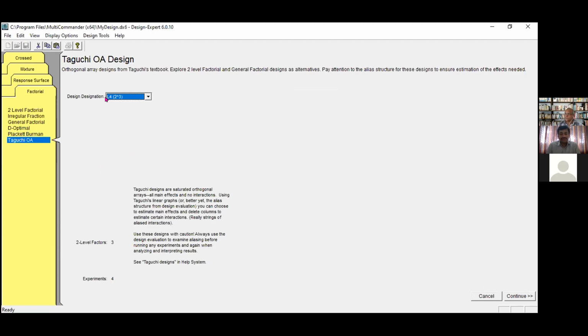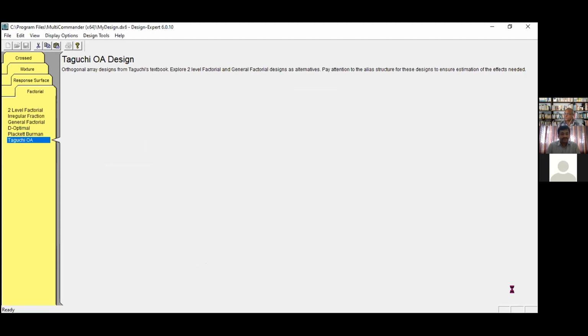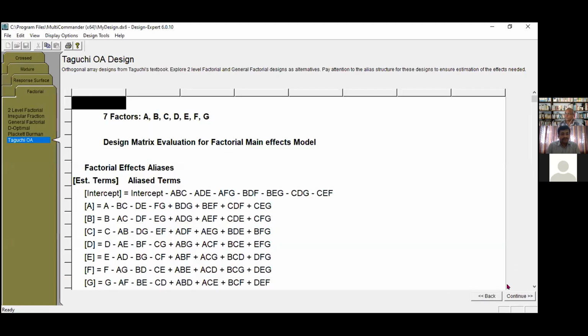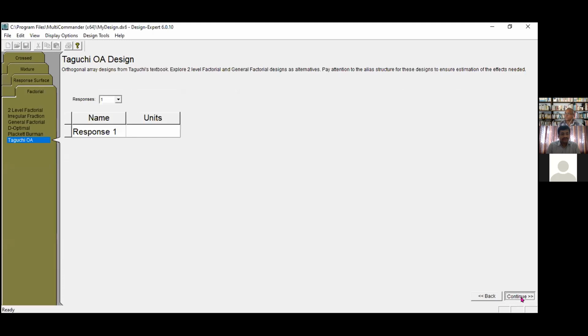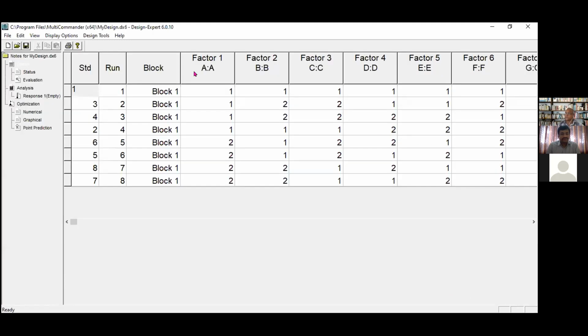So, okay, how many factors are there? 3 factors, okay, I get L4. L8 if you take 7. So this is all right. Only thing is if you allocate A, B, C like this, then C and AB will be aliased. So you should not allocate like this. You should not allocate all 7 to this.